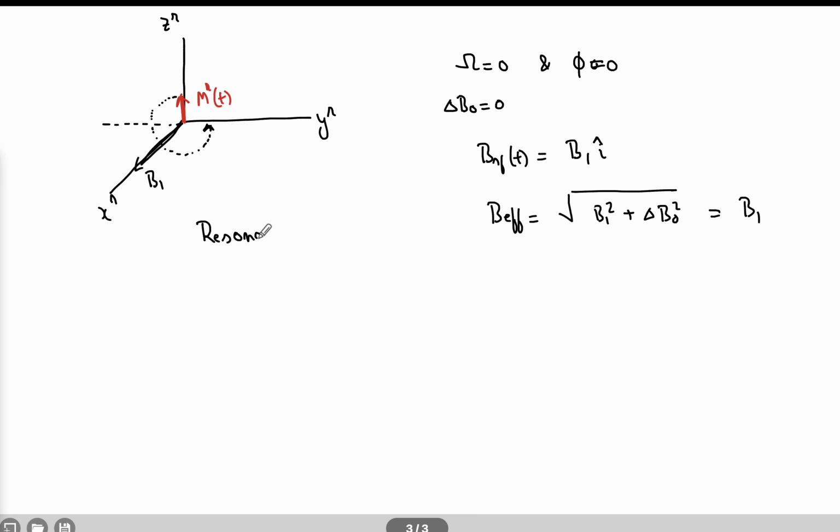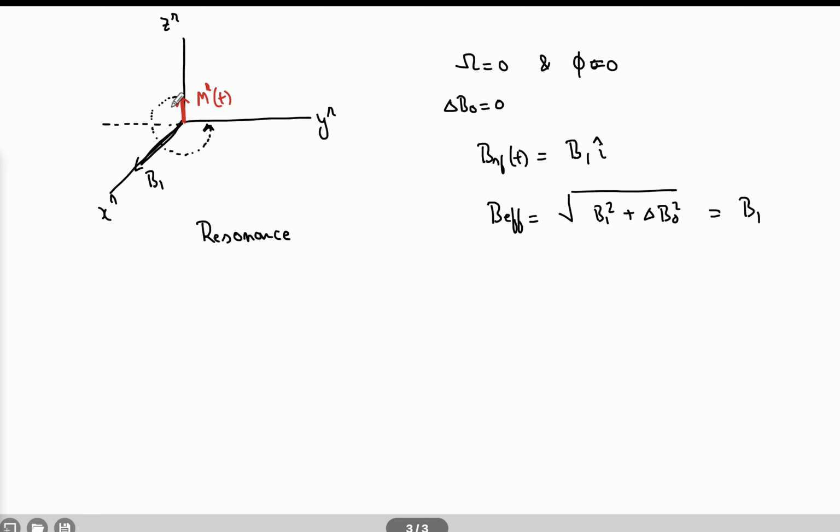So essentially what you have done is you have removed the effect of the applied magnetic field, that is B0, and now MT, or the magnetization M, actually starts to precess about the radio frequency, that is the applied RF field, okay? And now you can actually make it dance to the tune of B1, right?